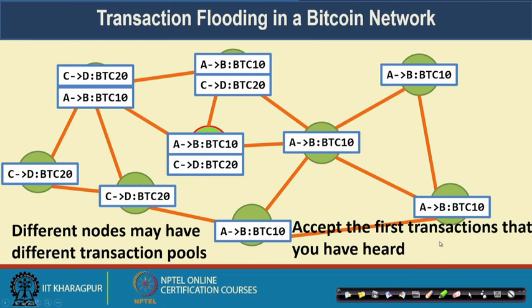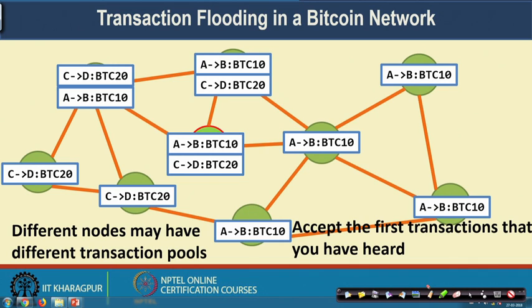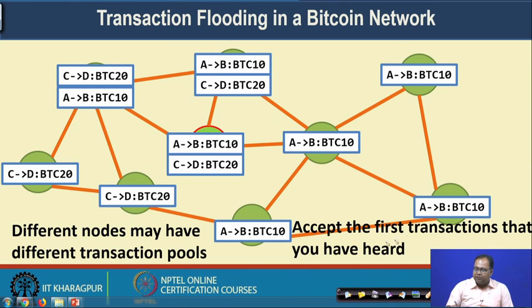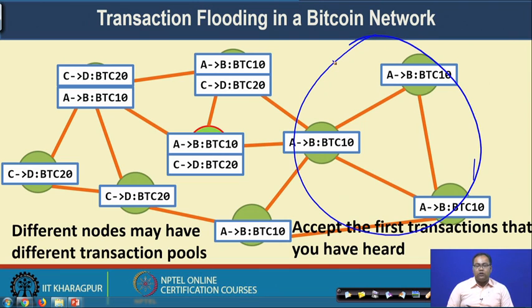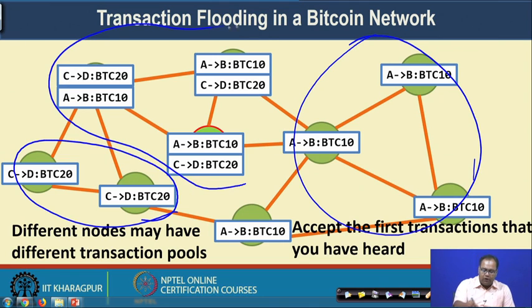Now, whenever you are flooding the transactions in the network, there are certain interesting scenarios. It may happen that different nodes have different views of the transactions, or different transaction pools. For example, in this scenario, this A to B transaction gets propagated in this direction, and there is another transaction C to D which is getting propagated. These nodes have only seen the C to D transaction. This set of nodes have only seen the A to B transaction. This set of nodes have only seen the C to D transaction, and this set of nodes have